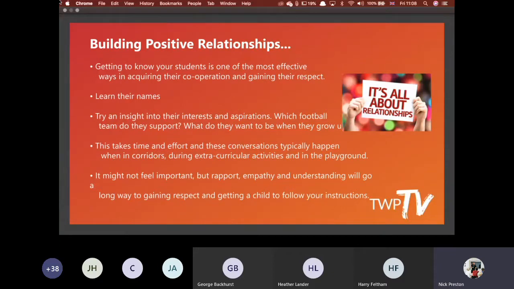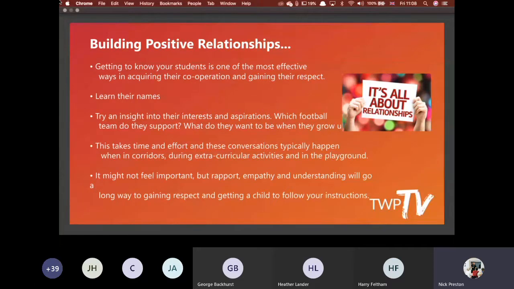Although it doesn't feel important, making sure you can see what they're trying to achieve, where they're from, and why they're in your lesson or why they've decided to come to your club is a massive way of building those relationships. And this goes bigger and further than just the classroom. We spoke about it on Wednesday's session with Glenn. Relationships lead to loads of opportunities, loads of friendship groups, and loads of aspirations for yourself as well as the group you're working with. So that's how we're going to start.